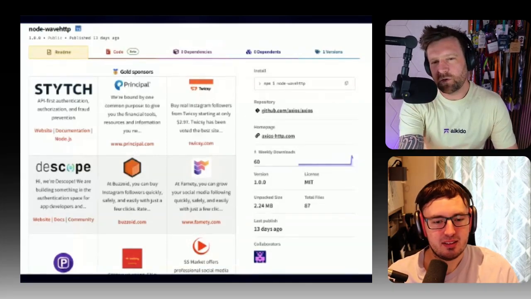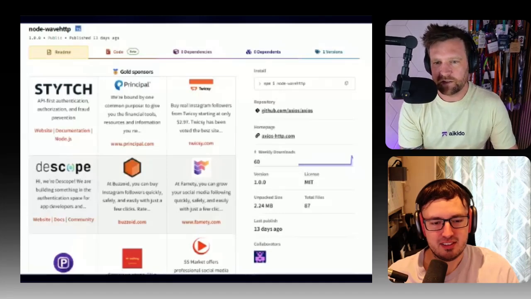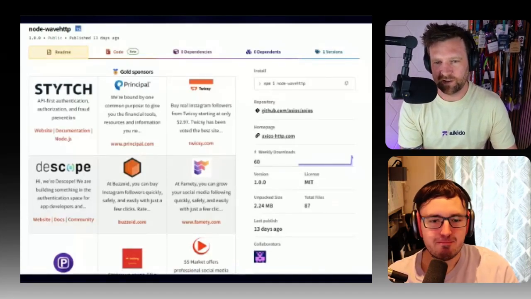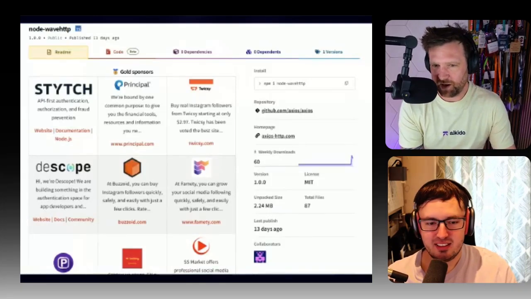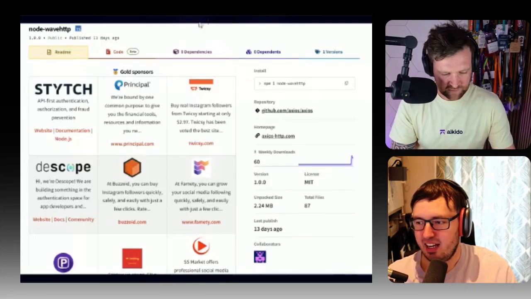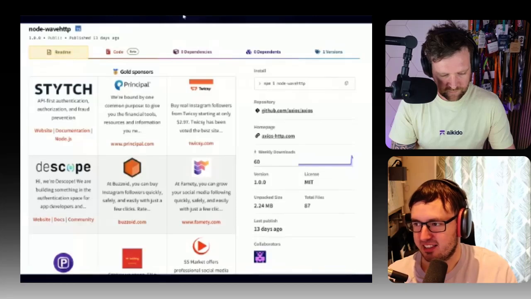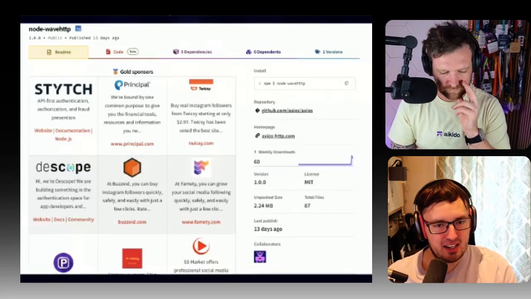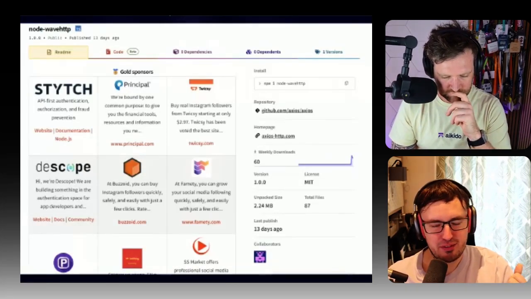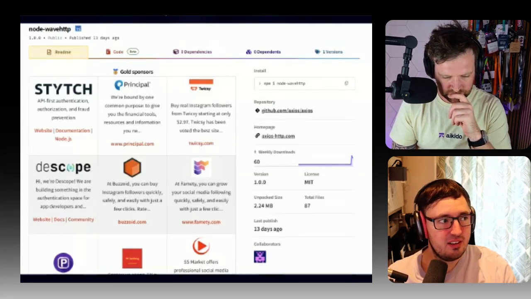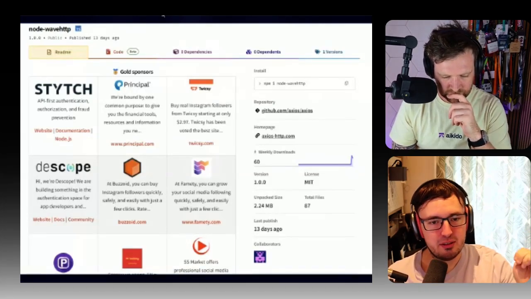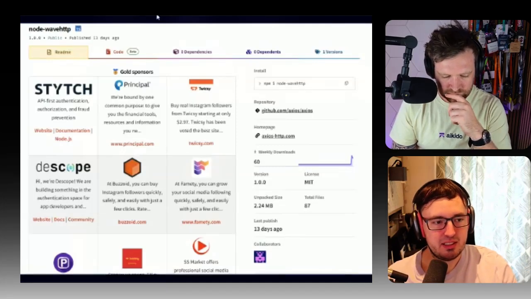When they put the sponsors up there and link to these, this is just trying to give credibility, right? You look at this, it's got a bunch of sponsors. It doesn't look that suspicious. Is that the idea behind this? Yeah, I forget exactly, but either Axios actually has it like this, which I would find weird, or maybe what they're trying to do is put a bunch of noise up front in the README, so that you don't actually see the real README.